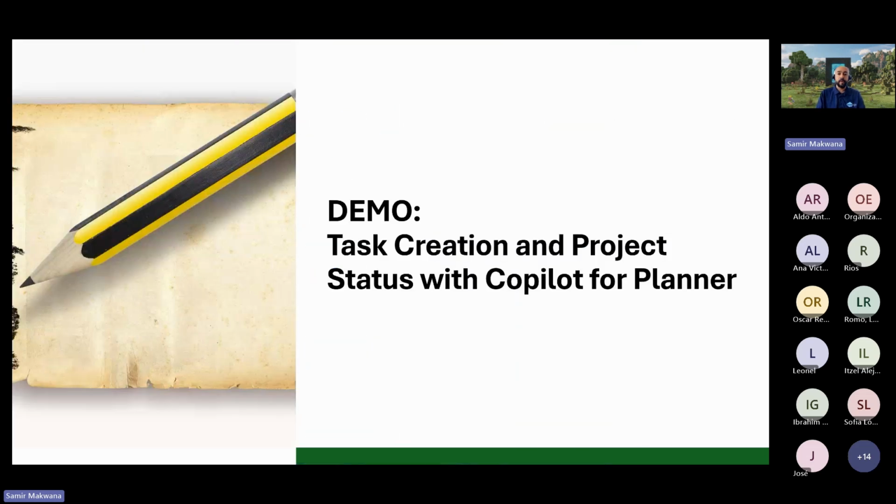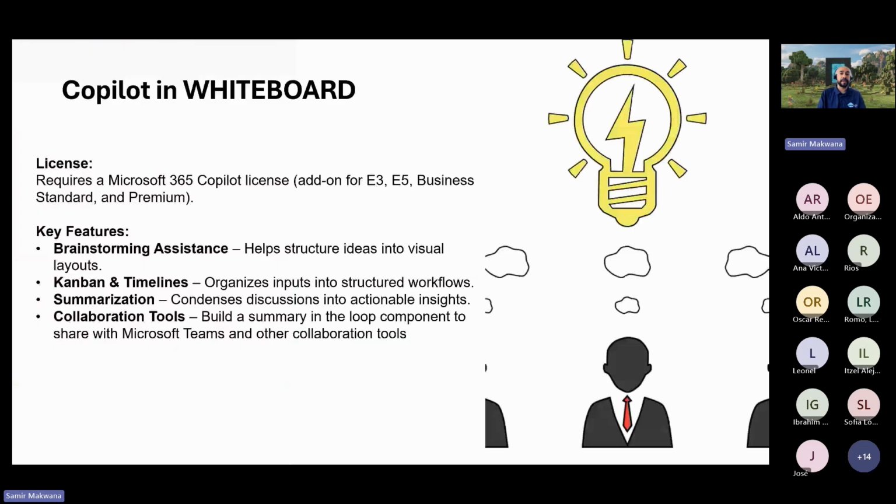But before we go further, I would like to show you the Copilot in Whiteboard as well, because personally I find it really important when you are in an initiation phase and having lots of ideas to brainstorm and prepare a project plan, or come on a board and discuss any ongoing issues, and you want to summarize those things.